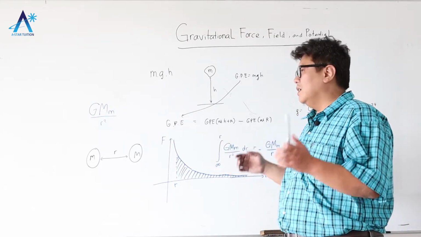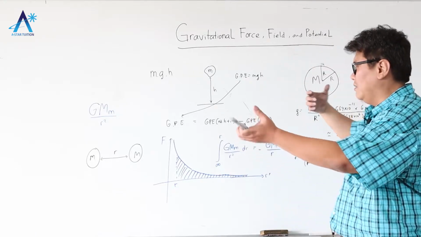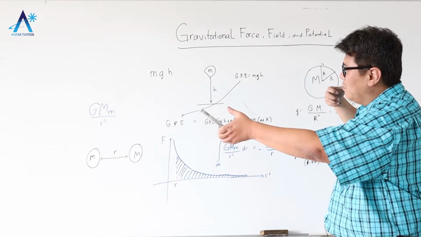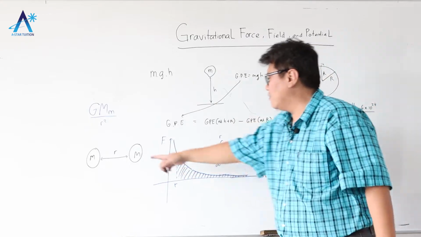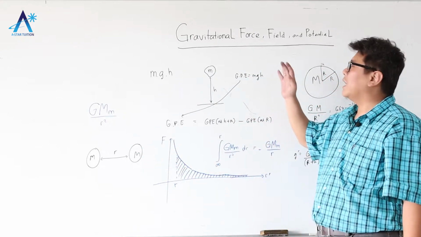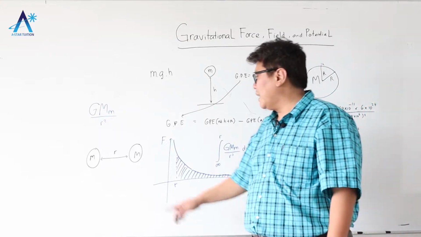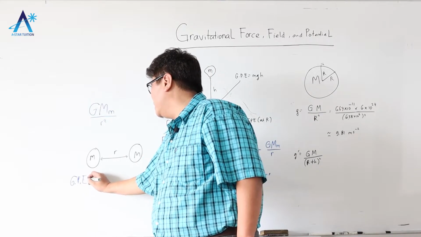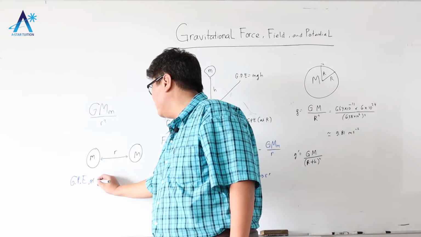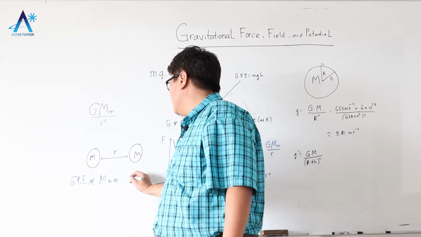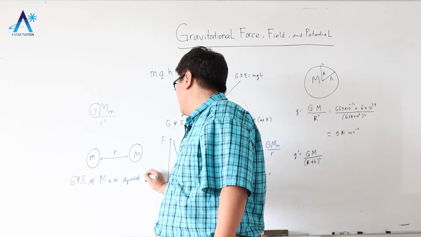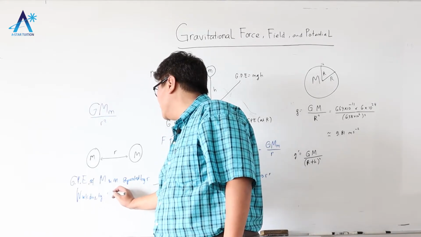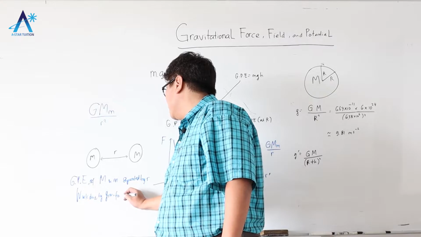so that the two masses, which are initially at a large distance from each other, are now moved towards each other to a distance r from each other. This is the definition of gravitational potential energy between M and m at distance r. So the gravitational potential energy of M and m separated by distance r is simply the work done by the gravitational force